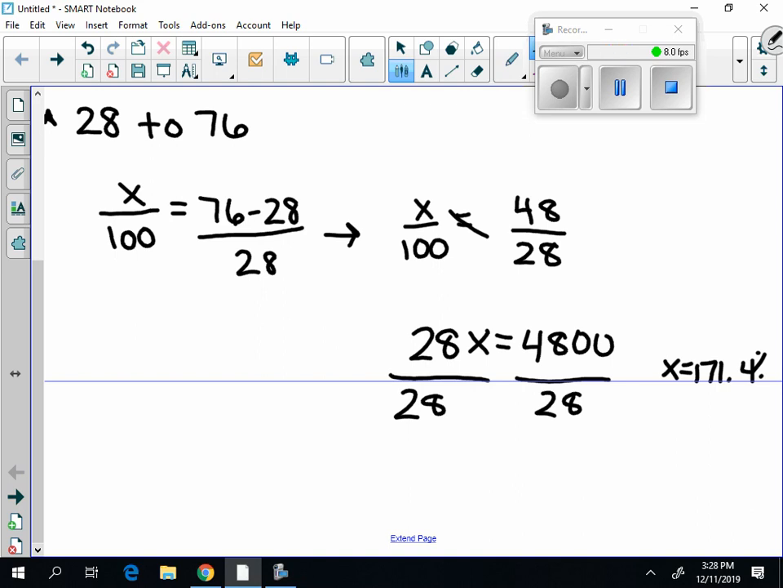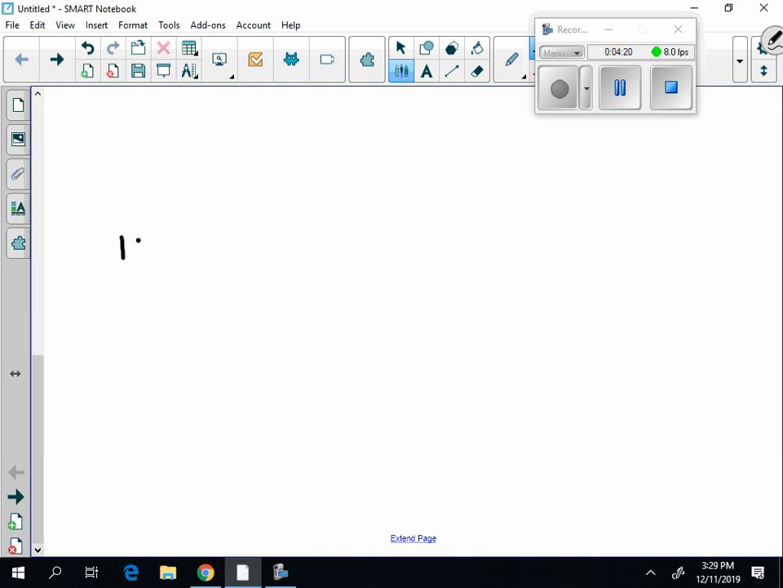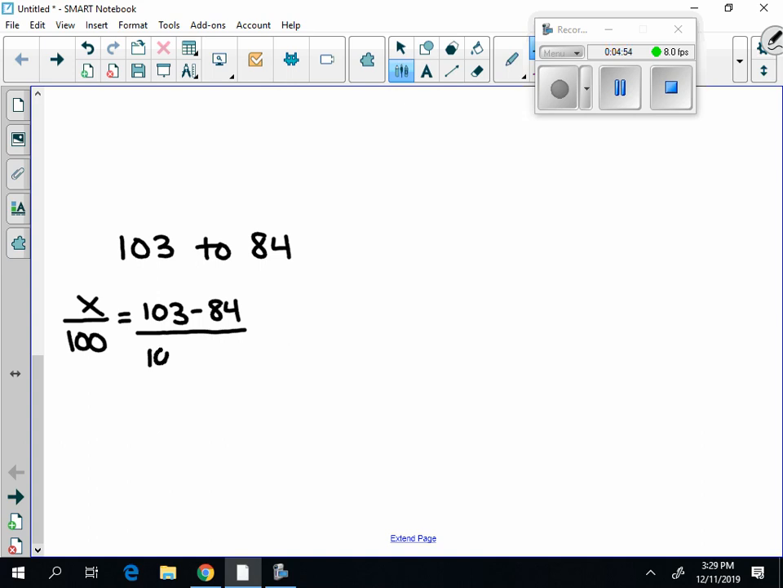So what happens if I were to give you something like 103, and you're going to go to 84? Same thing. This is a percent decrease, right? So I'm going to say X over 100, because you're always looking for the percent, is going to equal the amount of change. So that's going to be the big number minus the small number. So 103 minus 84, and that's going to always go over the original. What's my original number in the problem? 103. So now I'm going to say X over 100